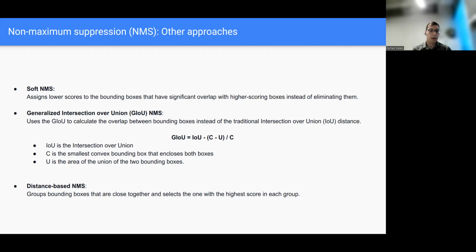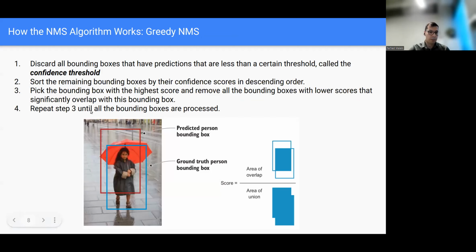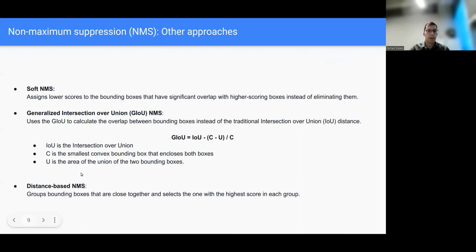There is a generalized intersection over union, which is the IOU itself minus (C minus U) divided by C. Okay, what is C? C is a bounding box that contains both these bounding boxes. It should be a convex bounding box that covers both of these two bounding boxes. And U is the area of the union of the two.